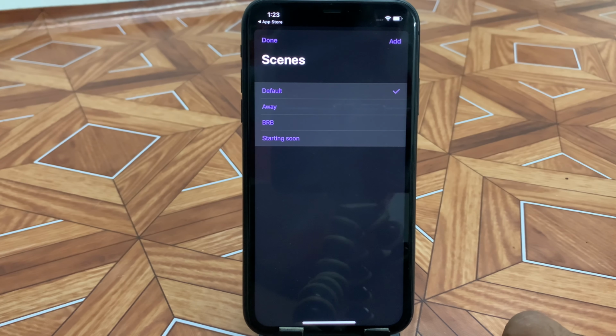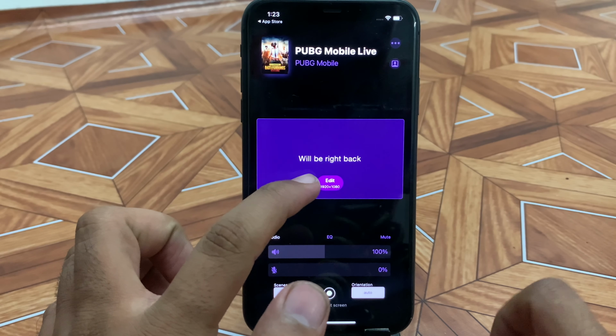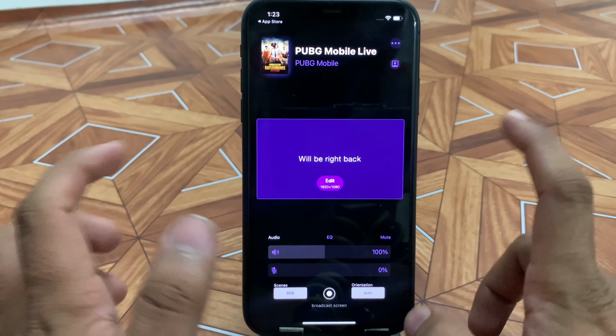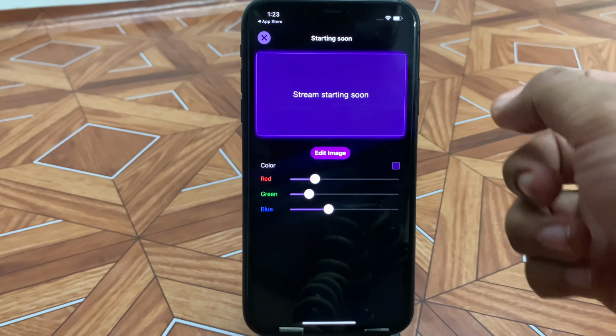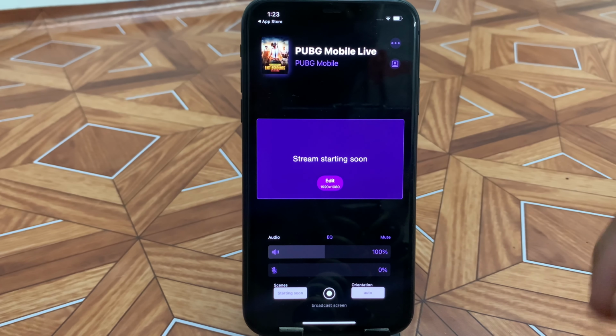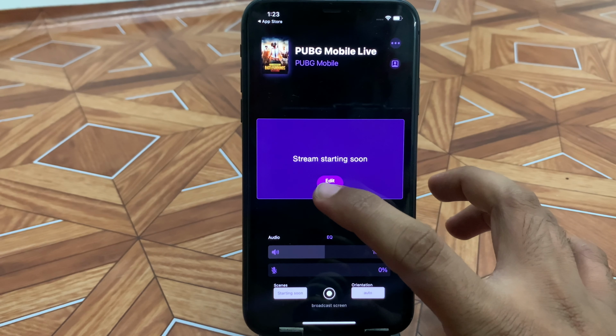Now let's say if you want to take a break of 5 minutes. So you guys can select BRB, which is called as will be right back. So viewers will be seeing this blue screen which is mentioning will be right back. Now as you can see, there is an edit button over here. You can add your custom image, but to add your custom image you need to purchase the premium membership of StreamChamp. The premium membership of StreamChamp is available for around 170 rupees. Now since I am having the premium membership, I am able to edit the image, but initially if your channel is not monetized, you guys can use the default one.